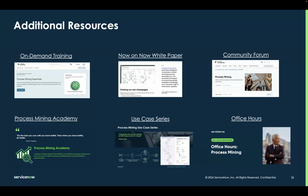So lots of opportunities to learn there. We also have something we call the Process Mining Use Case Series. Like most things, process mining is a new muscle for a lot of folks, and when you're training a new muscle, it's helpful to have that little video that shows you how to do the exercise. We've got a series of 10 5-minute videos that walk you through how to do specific types of